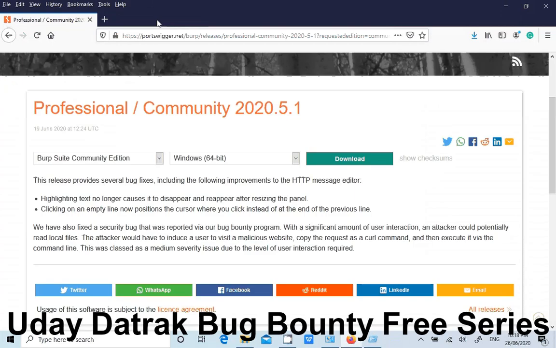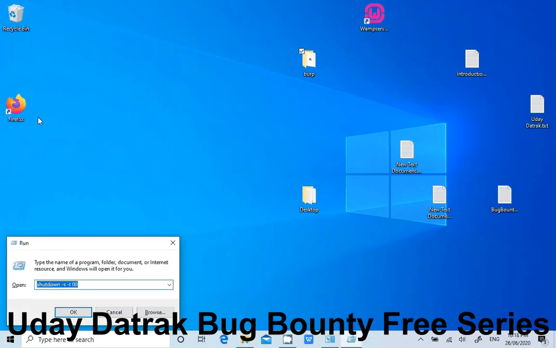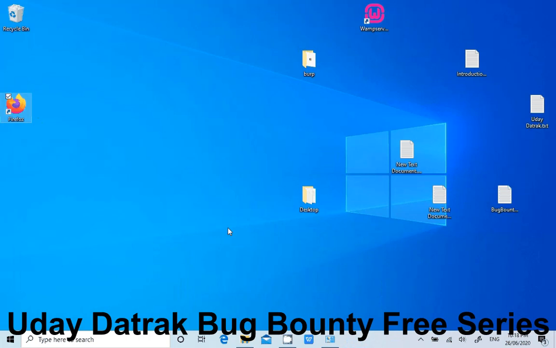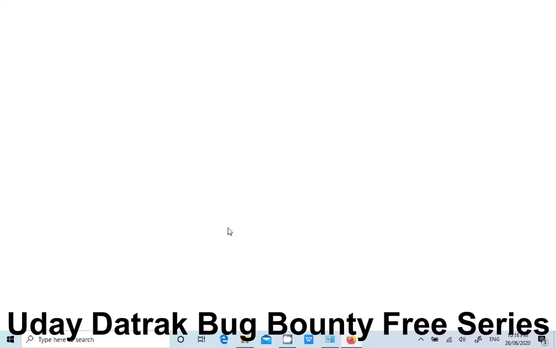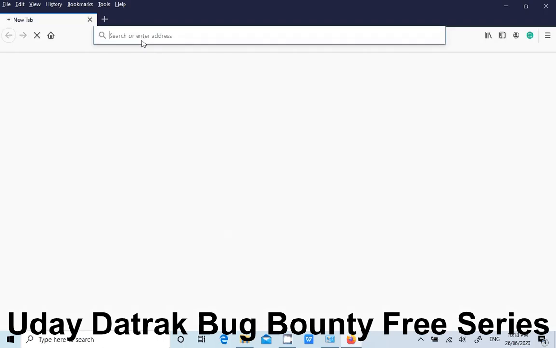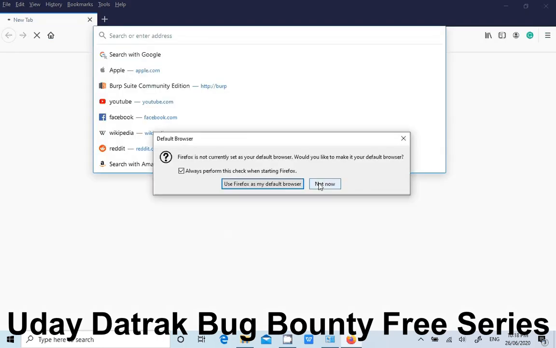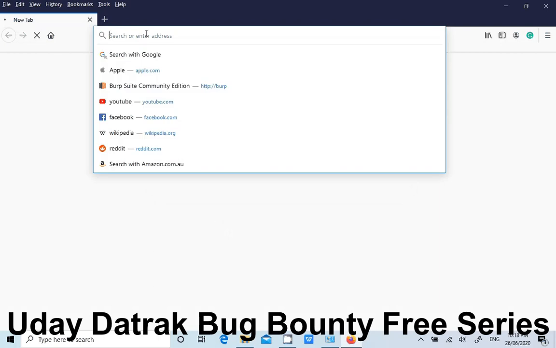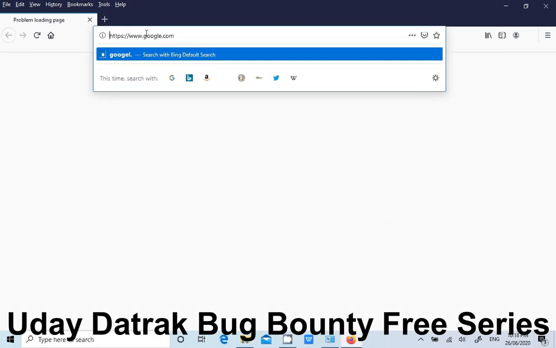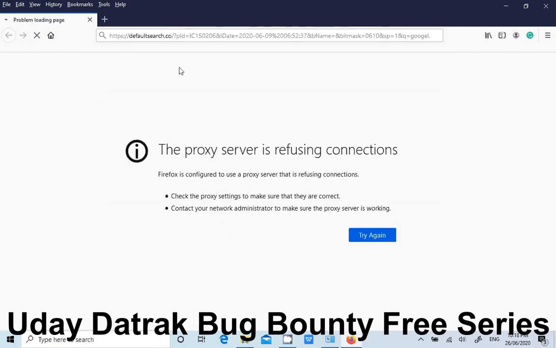Next time, this is one thing most people ask me as a doubt. Let's say now I opened firefox.com. If I try to open google.com now, will it show the results of Google? Even though I have the internet connection, it will not show. Can you see?